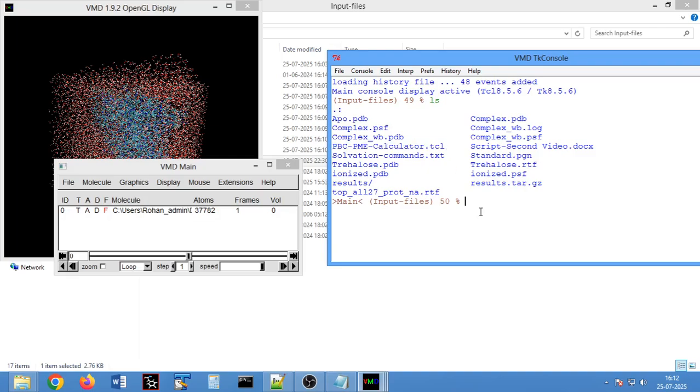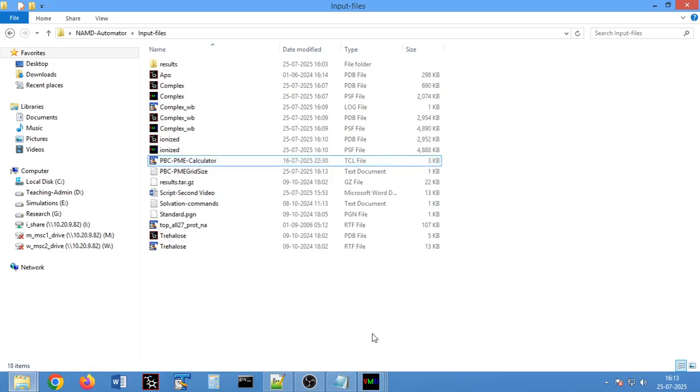Now all you have to do is to source this script called PBC PME calculator, and just like that, my friend, it will create a file called PBC PME grid size.txt,